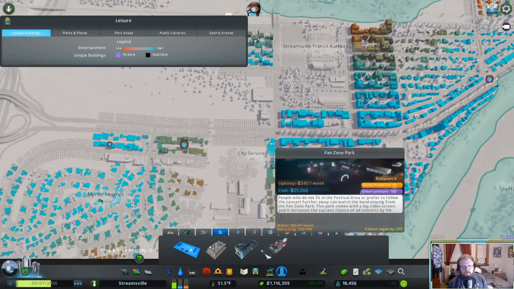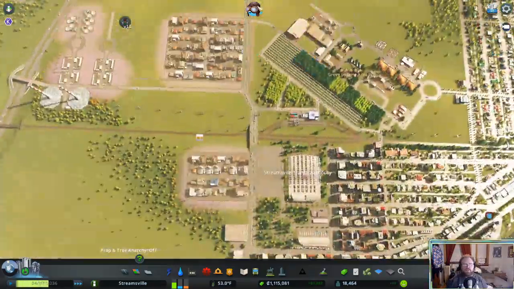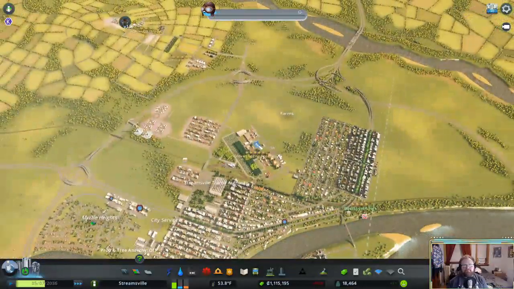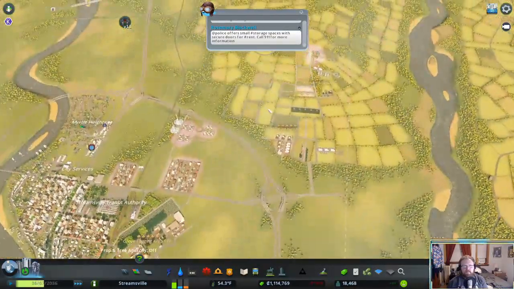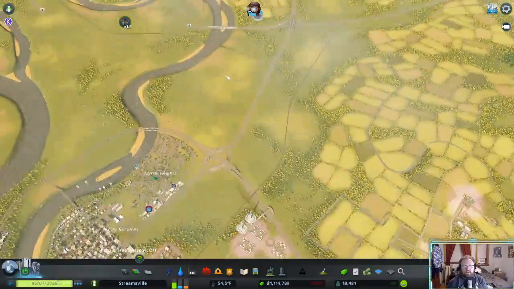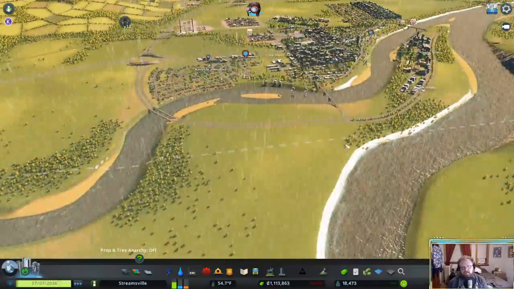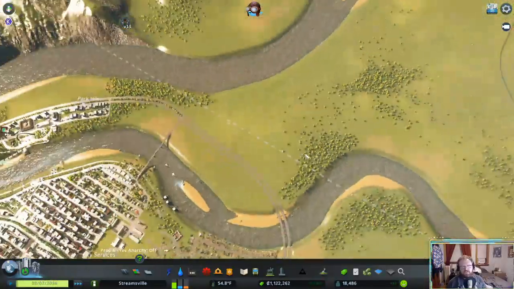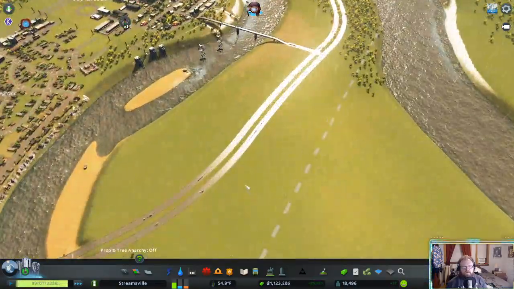We got music club. Oh yeah, for my concerts. That is one thing I have not developed yet. I haven't played around with. I just got the concerts pack DLC. It would be a good place. I could put in some concerts. That would draw tourists. It would be a good place to do that. Actually, this wouldn't be too bad, because it's away from. Yeah, we just have to